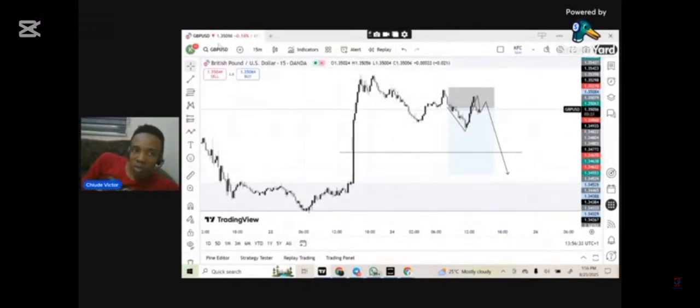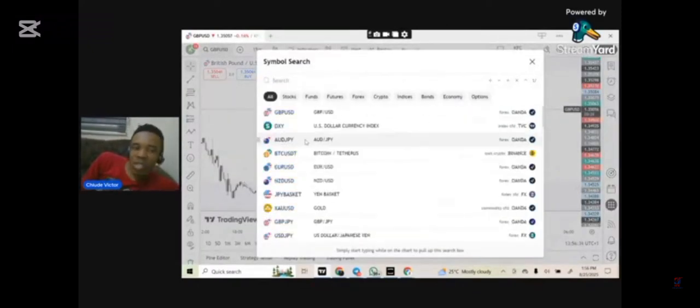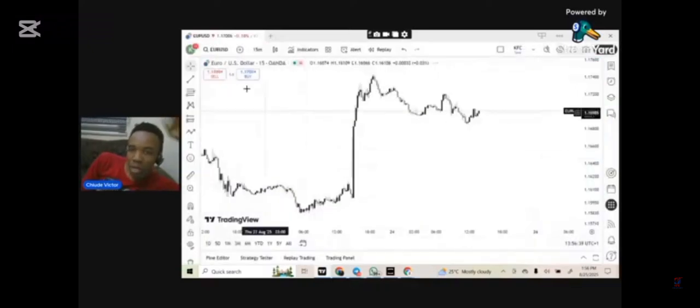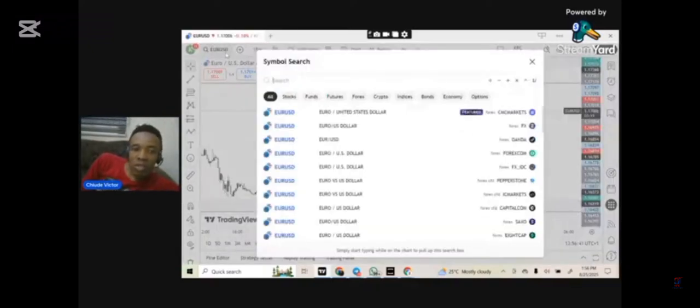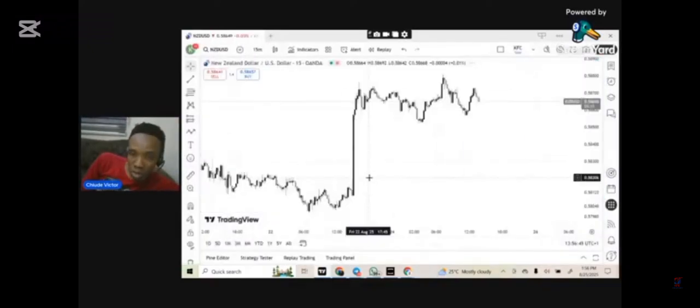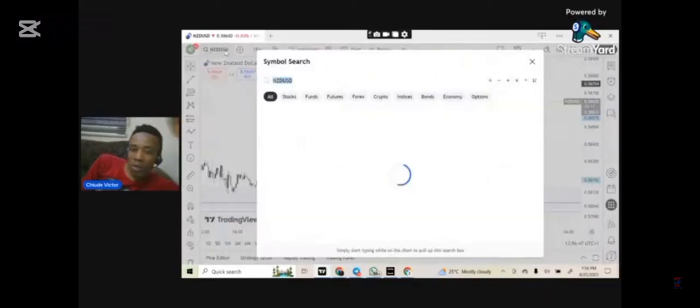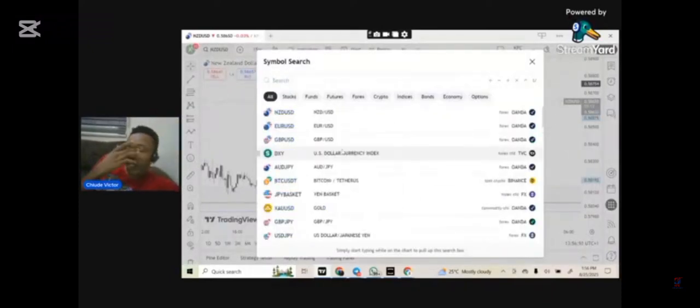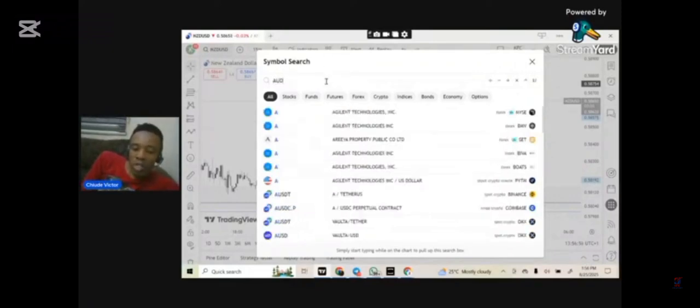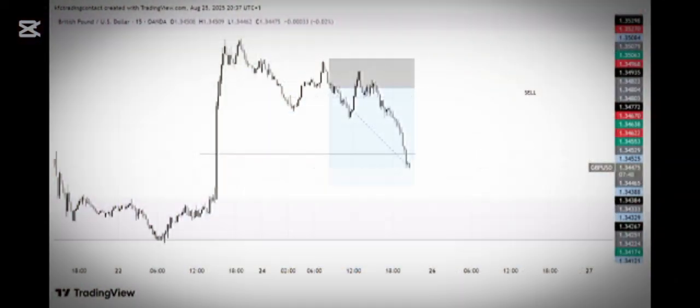Remember, the dollar index, the way it behaves is directly proportional to the way the GBP USD behaves. For all of you on the VIP community, that same thing will play out with the VIP signal, with Euro, with New Zealand. There are many other ones, but these are the ones I really pay attention to. There's AUD USD. I'm going to use this to look at next week.